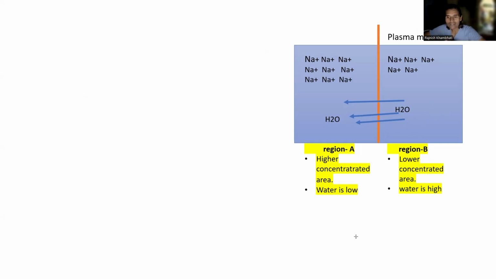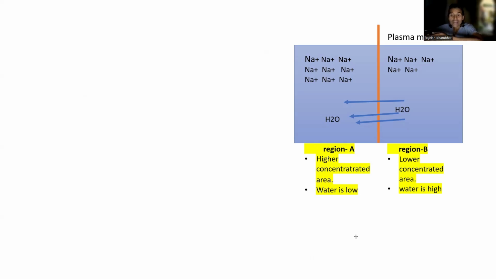But under the circumstances where Na plus cannot cross because the plasma membrane is present, and the plasma membrane is a selectively permeable membrane, it will not allow Na plus to cross. And that is where it's a problem. At one side there is high concentration of Na and at another side low concentration of Na, and such imbalance is not good for life. That is where the cell will try to make it balanced,